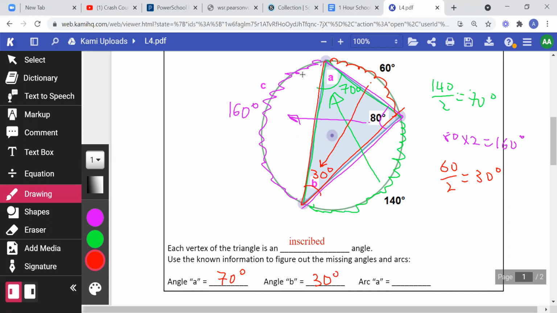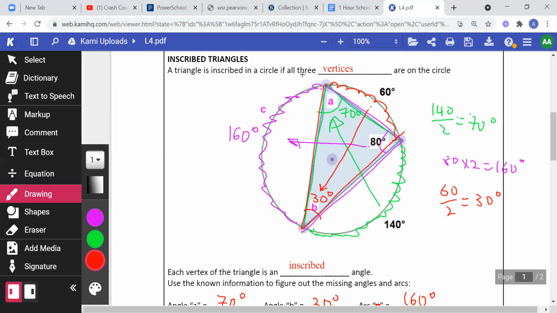And then the arc formed at C is definitely 160 degrees. So what do we observe here? We notice that around the circle, if you add,